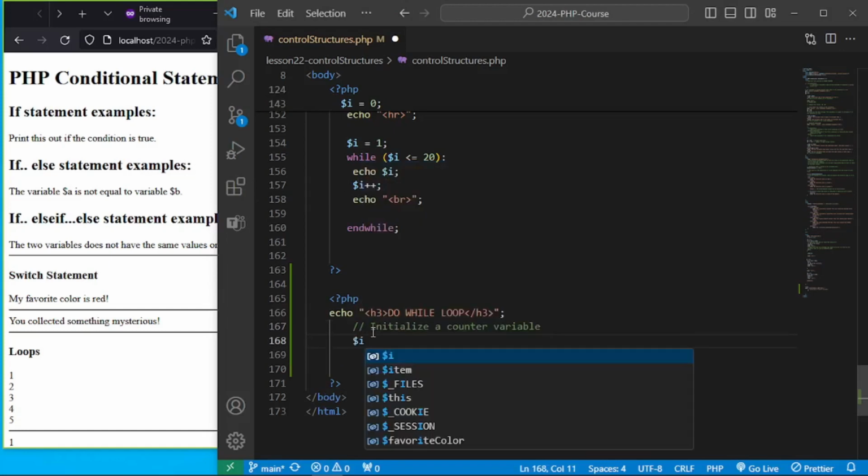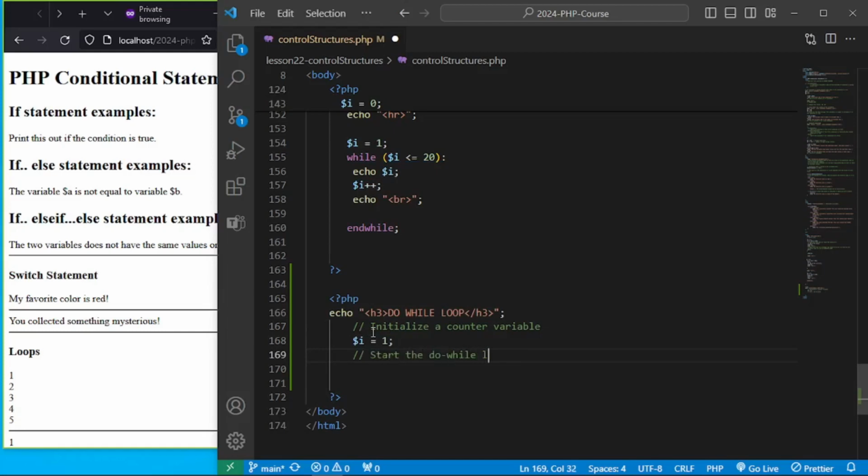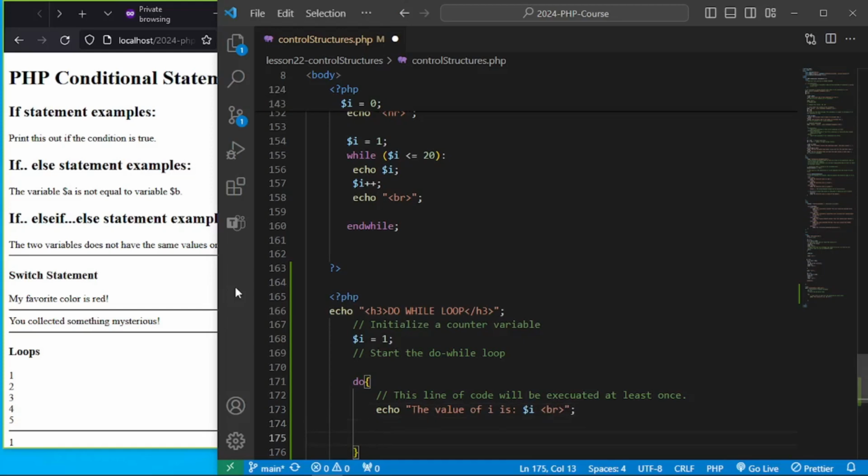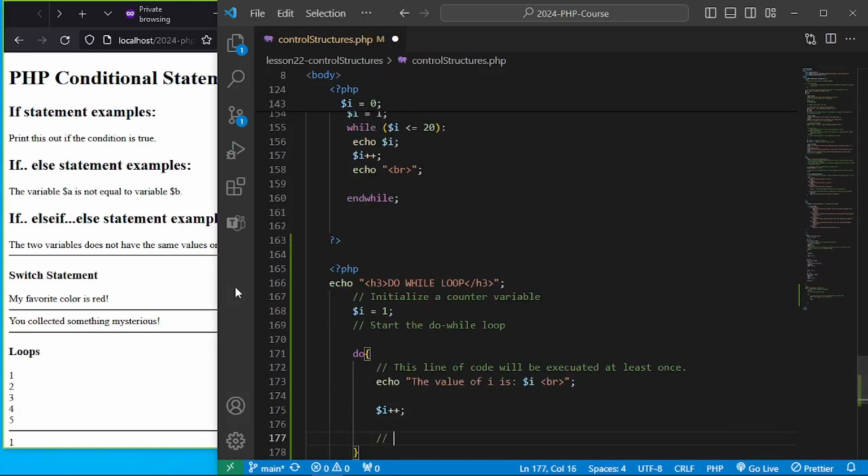So let's have a variable I, and let's give it a value of 1. And then let's start the do while loop. We start with the do keyword and then a code block. This line of code will be executed at least once. Let's start to have an echo. The value of I is, and let's have a line break here. Then we want to increment the value at least once,